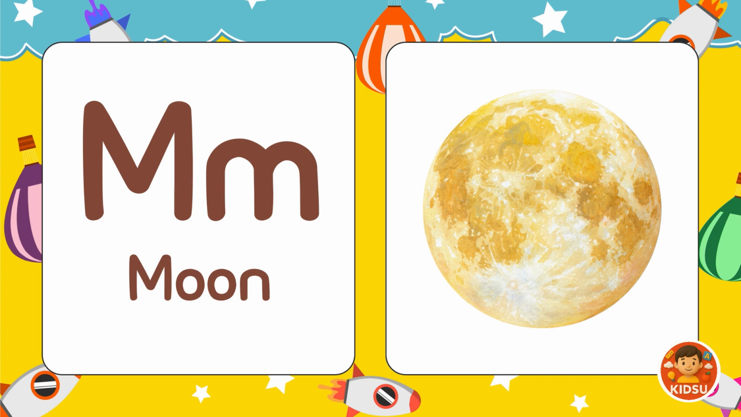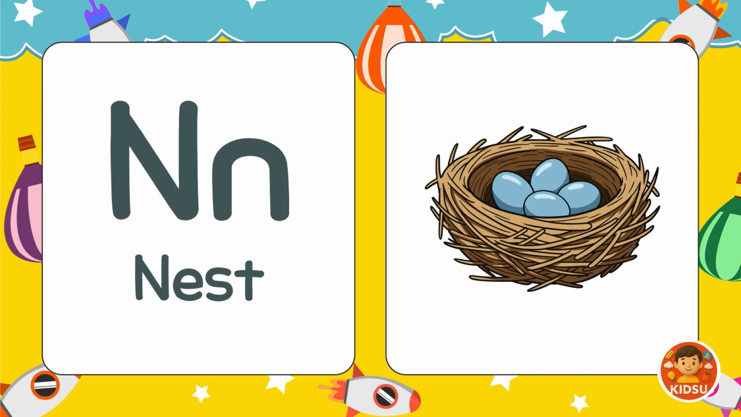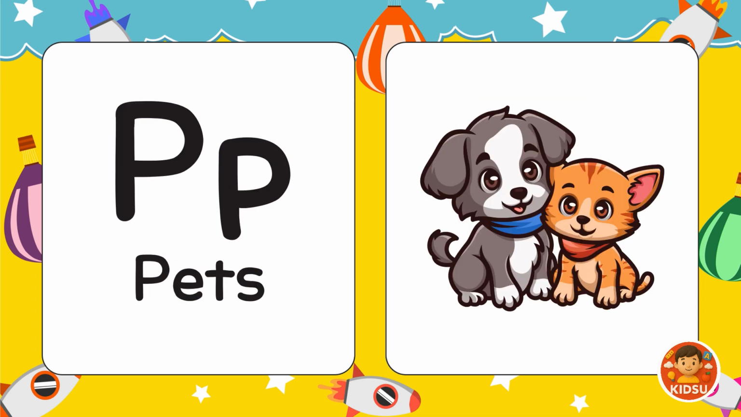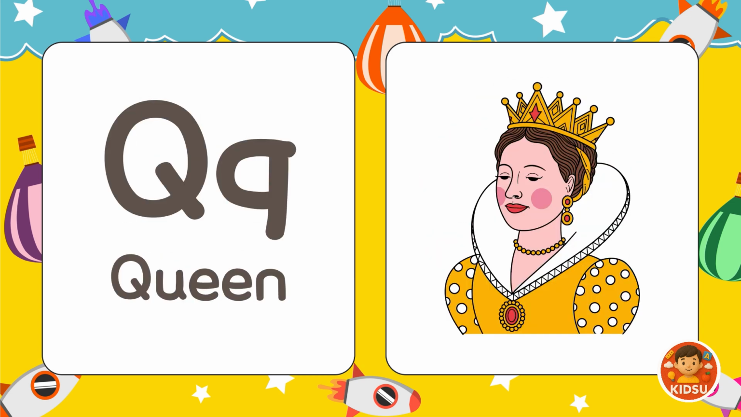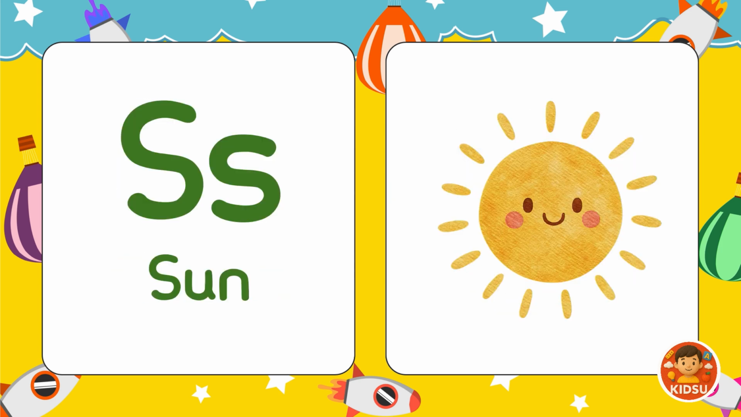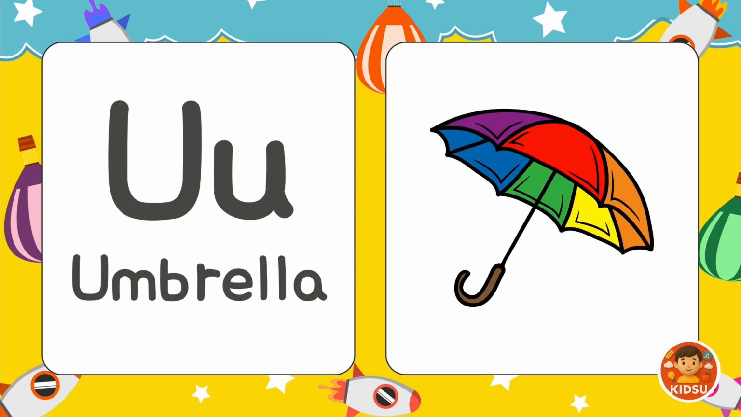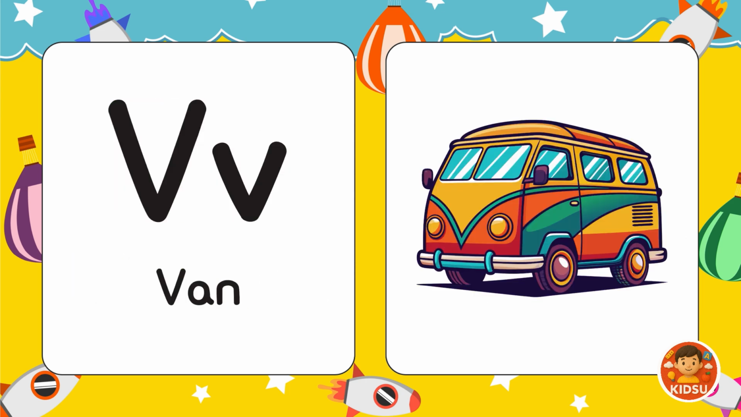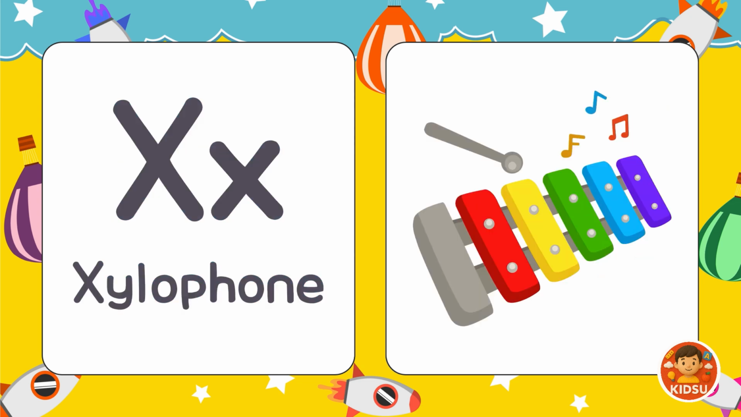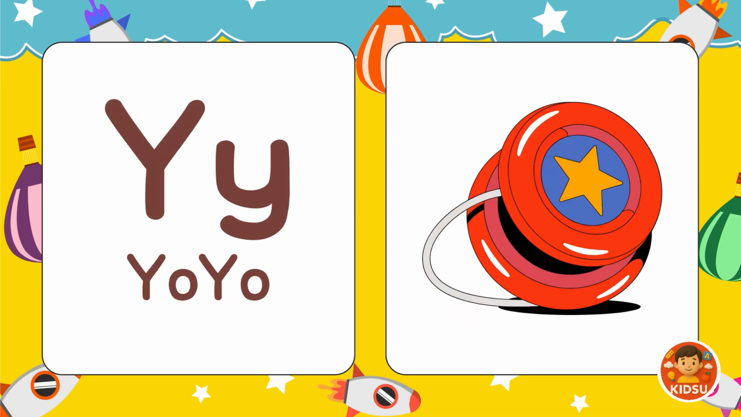M is for moon, N is for net, O is for owl, P is for pet. Q is for queen, R is for rain, S is for sun, T is for train. U is for umbrella, V is for van, W is for whale, X is for xylophone, Y is for yo-yo,